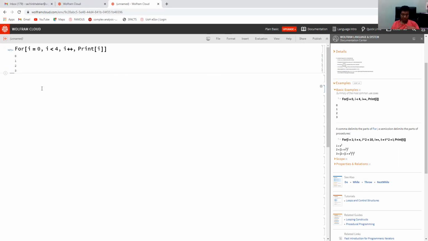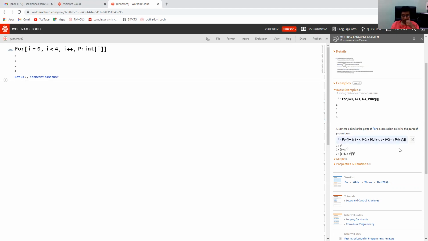So there are many more things like break and continue. They are in all programming, but we will not discuss all these things. If you are interested, then you can refer to a very nice book, Let Us C by Yashwant Kanetkar. There are many nice programs that you can try if you are interested in Mathematica programming. So this book will be helpful.